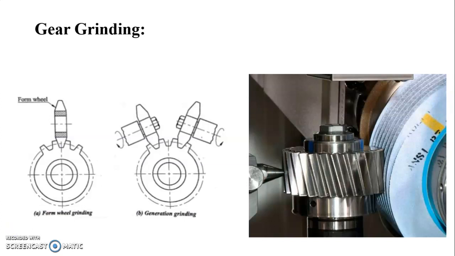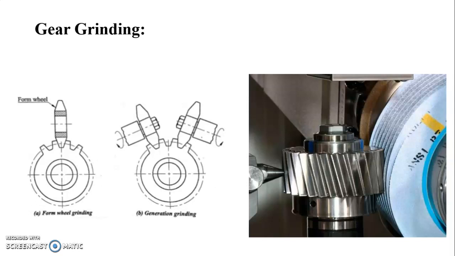In gear grinding, gears operating at high speed and high loads are always hardened, and there is a distortion in the gear flank. In order to remove this distortion and to have an accurate profile on gear teeth for smooth running, gear grinding is done. Grinding is a very accurate method and, though relatively expensive, is more widely used for finishing teeth of different types and sizes of gears of hard material or hardened surfaces.